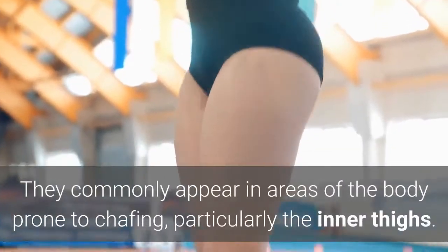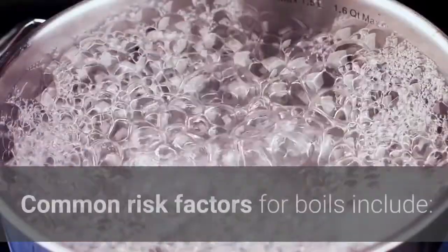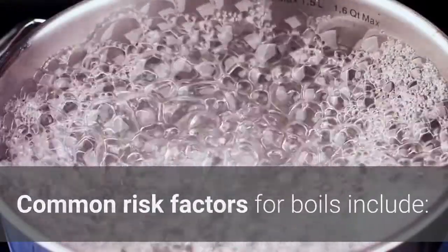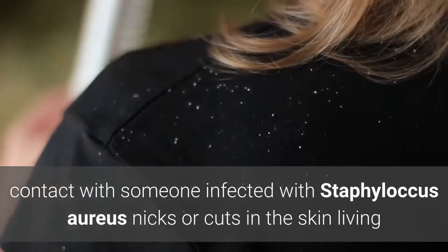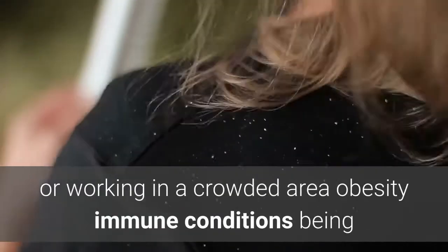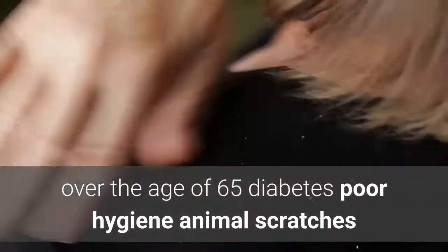They commonly appear in areas of the body prone to chafing, particularly the inner thighs. Certain factors are known to increase the likelihood of developing the condition. Common risk factors for boils include contact with someone infected with Staphylococcus aureus, nicks or cuts in the skin, living or working in a crowded area, obesity, immune conditions, being over the age of 65, diabetes, poor hygiene, animal scratches or bites,